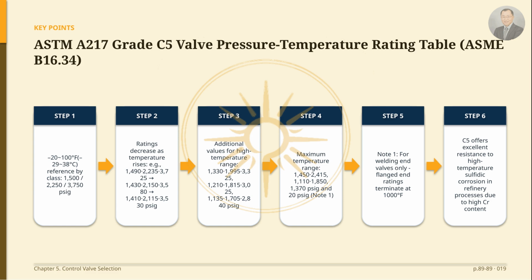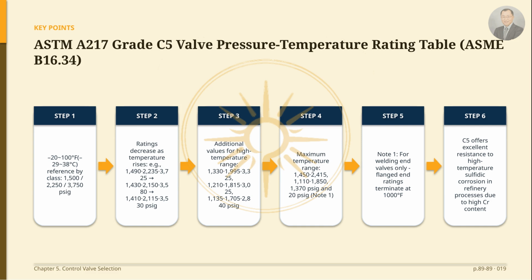In higher temperature ranges, they take values such as 1330, 1995, and 3325, 1210, 1815, and 3025, and 1135, 1705, and 2840. In the highest temperature range, it concludes with values of 1450 and 2415, 1110 and 1850, and finally 1370 and